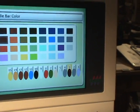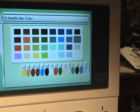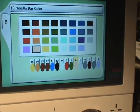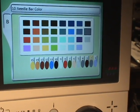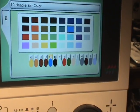And the way to do this is to use the arrow keys to select the color and press set. If you turn the dial, it's going to move across to the particular needle. So using the dial, you can see it changes needles. Once you get to the needle, say if you wanted to change needle 10, you'd use the dial to get